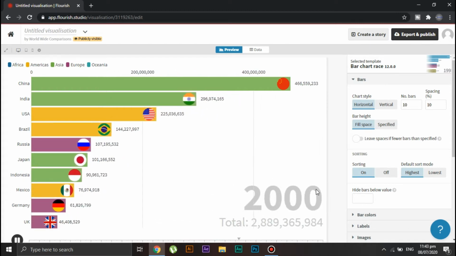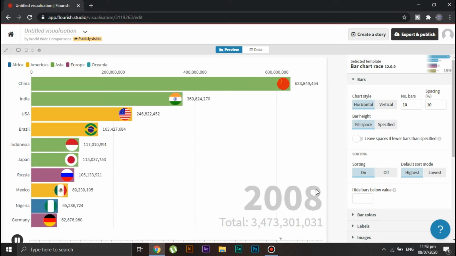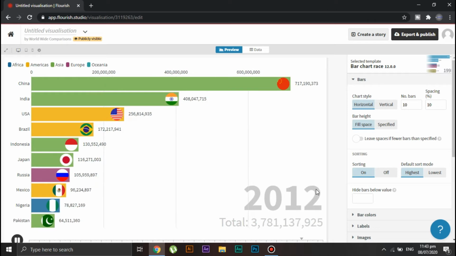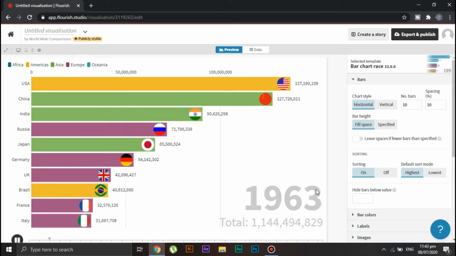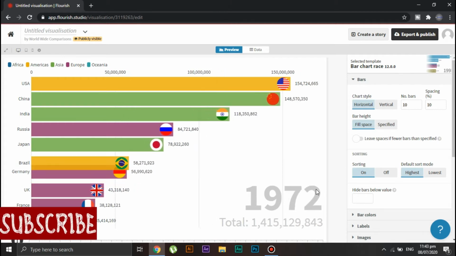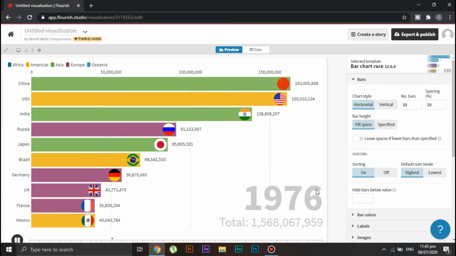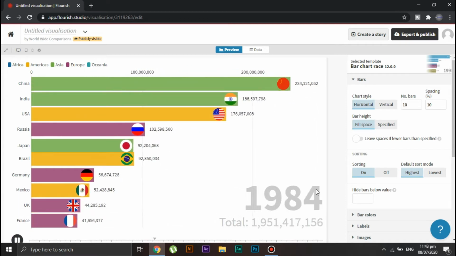Now let's talk about the second problem. So the second problem that the users face is how to use the racing bar graph in their videos, because as you can see that there is no downloading option given on this website. So I will tell you the solution to this problem at the end, so do watch the full video. So these are the two problems that you will face while creating the graph. Okay, now let's jump back to the video.